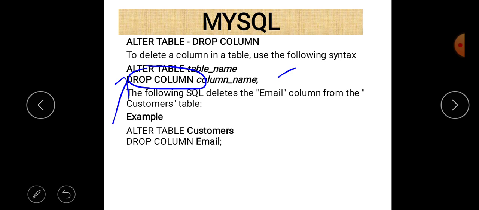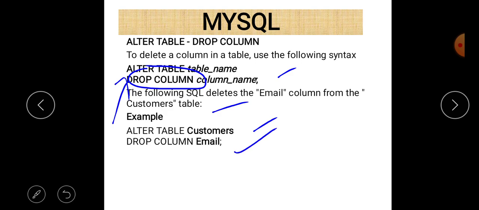The following SQL deletes the email column from the customers table. To delete a column in a table, we use ALTER TABLE with the DROP COLUMN keywords. For example, here there is a table named customers, and there is a column in this table named email.